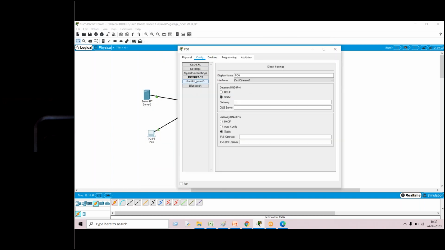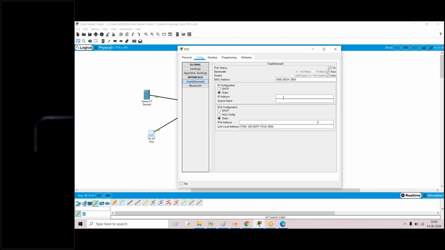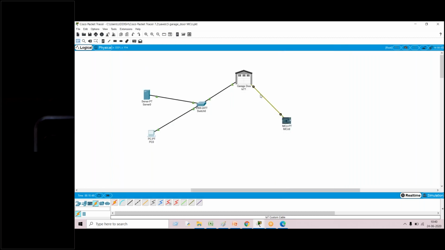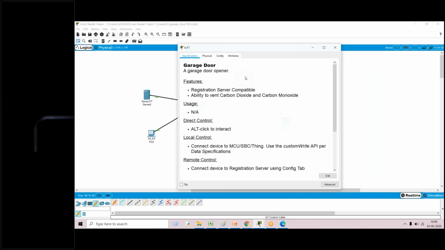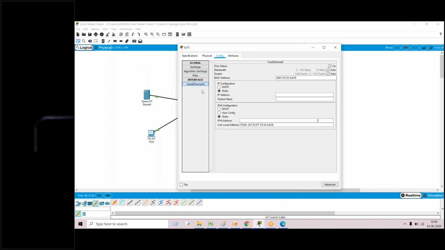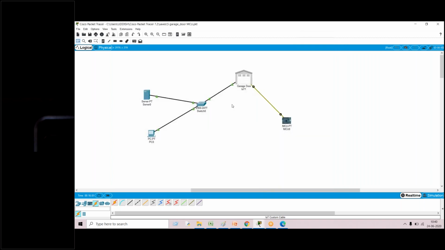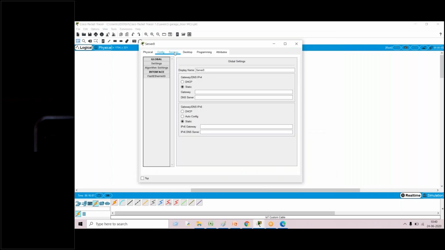Even for the PC, I'll give configuration, fast Ethernet 2.2.2.2, and for garage door, fast Ethernet 2.2.2.3. Okay, once IP addresses are set, now I have to register the server.